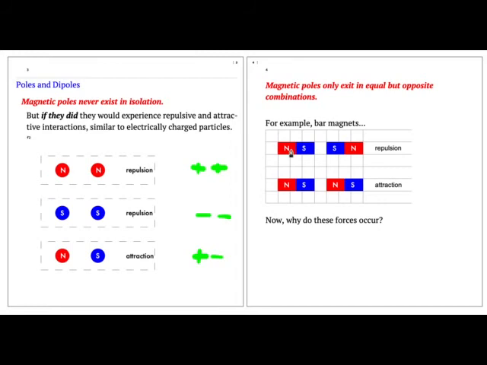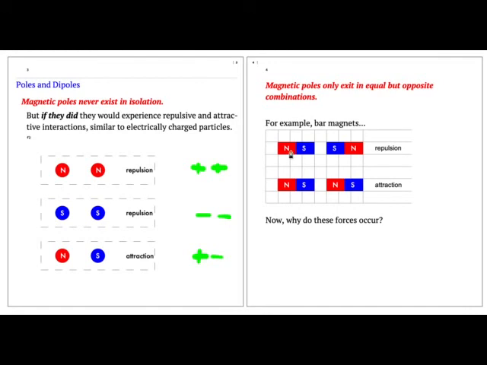A bar magnet is a magnetized piece of iron. It has 2 ends. One end is the north pole, the other end is the south pole. And if you tried to separate the north pole from the south pole, suppose you tried to cut the magnet in half,